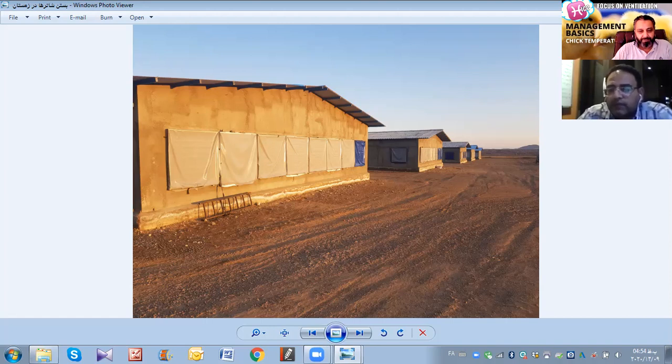In Iran, we solve existing shed problems with two options. One, preheating of the air to the sheds. We locate one room in front of the sheds, and we heat the air before it comes to the sheds. This is without inlets, just a preheating system, and it increases the cost, but the birds are comfortable.